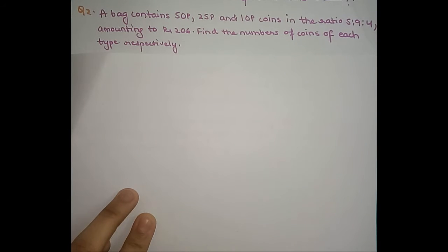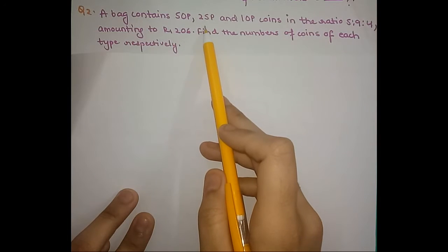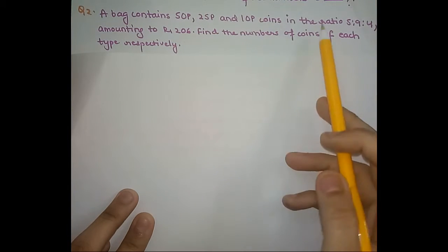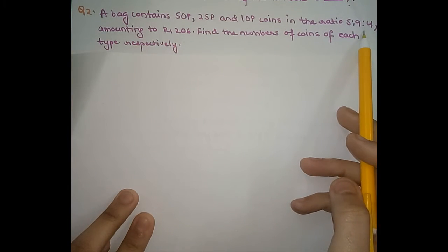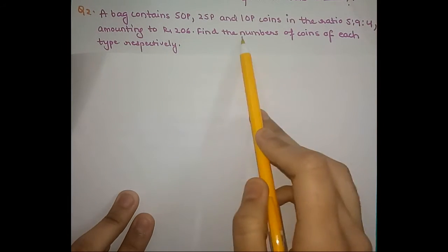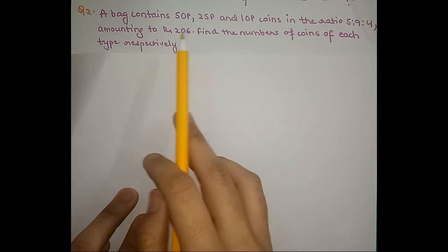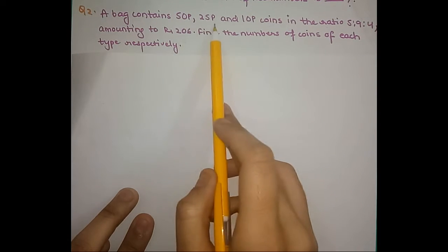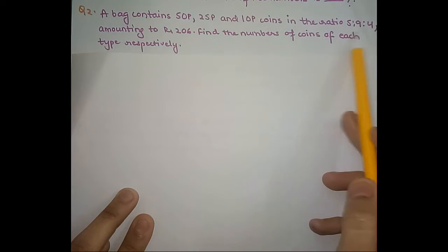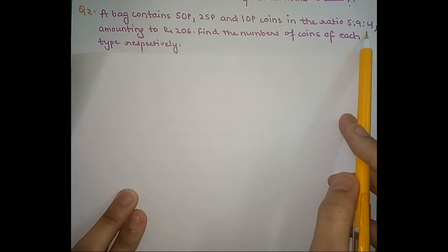As you all can see, the second question is, a bag contains 50 paise, 25 paise and 10 paise coins in the ratio 5:9:4. Amounting to rupees 206, find the numbers of coins of each type respectively. Okay, so you have 50 paise, 25 paise and 10 paise coins in the ratio 5, 9 and 4, right? So what we can do is, we can write